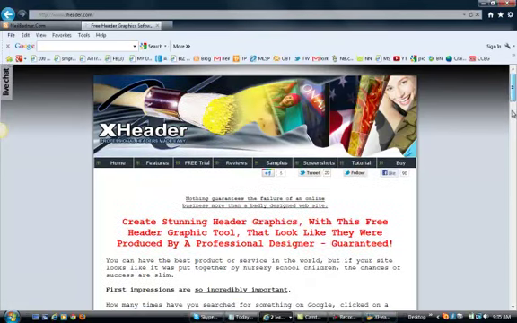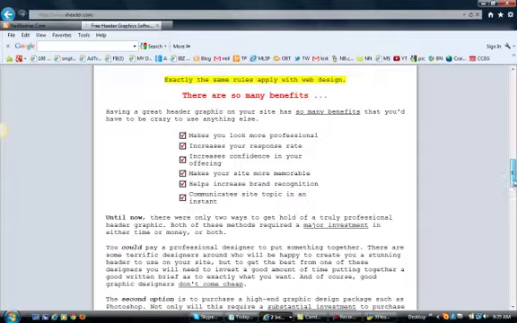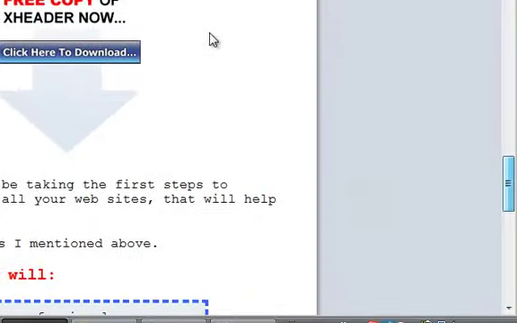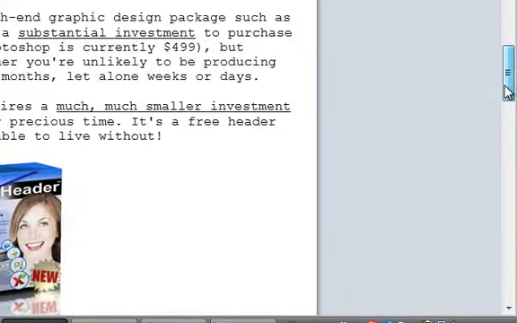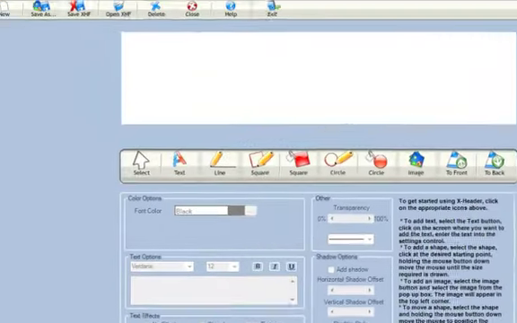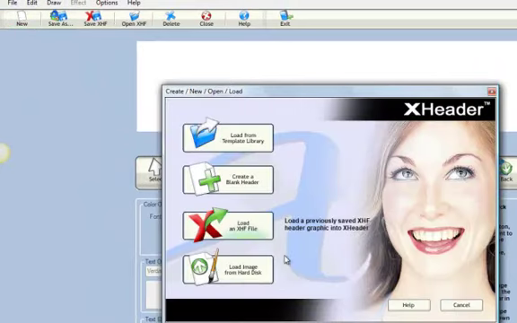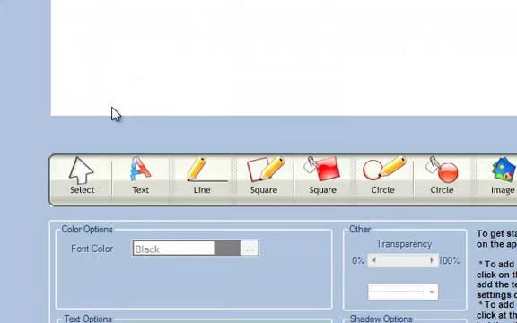When you get to xheader.com, you can read the pitch and go down to the bottom, I think, and it's a free download. So now when you get into xheader, you'll get a screen that looks just like this, and it'll ask you, do you want to buy 5,000 headers? Or you can just say no thanks. It's that simple. First thing I'd like to show you is they have